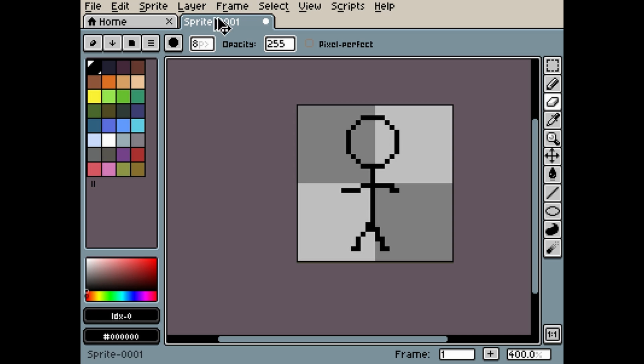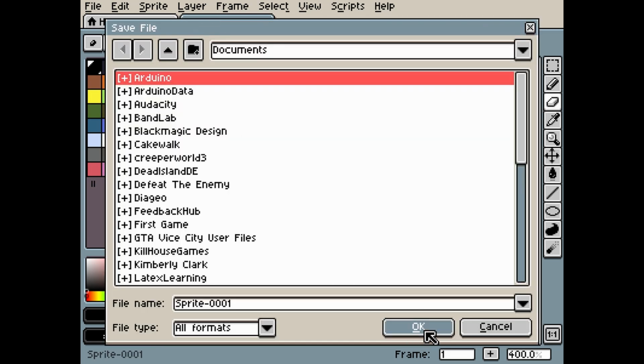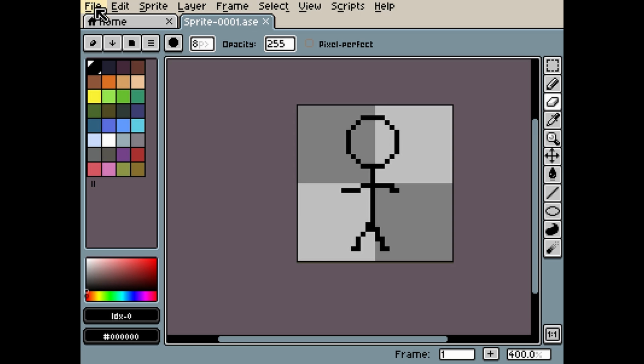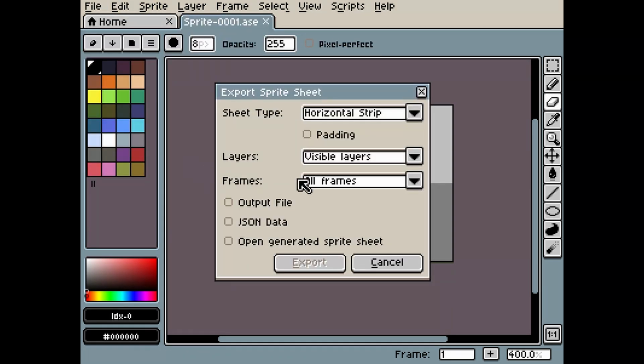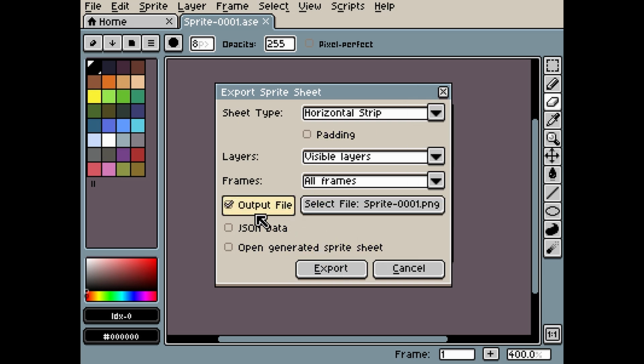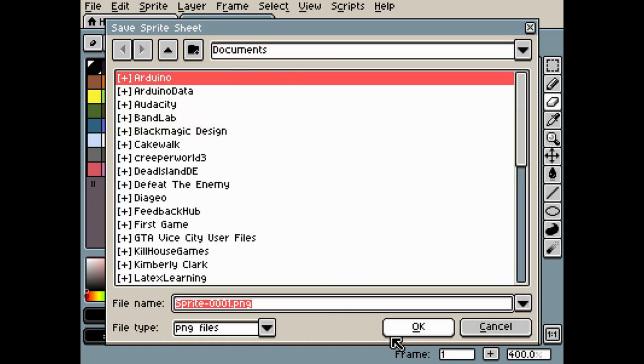If we save this with Control S, there we can keep it. We can then go ahead and export it as a sprite sheet. We want to make sure we tell it what the output file would be, and we can click here. It's going to put it in our documents folder. That's going to be useful to know where to get it for the next program,